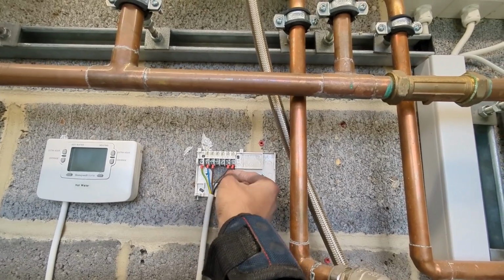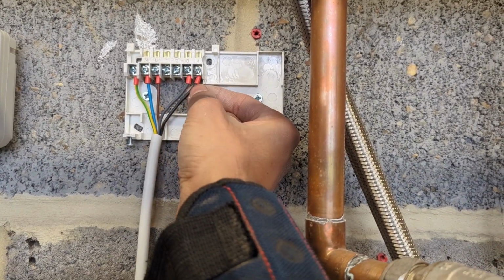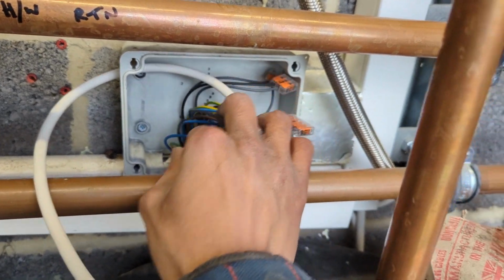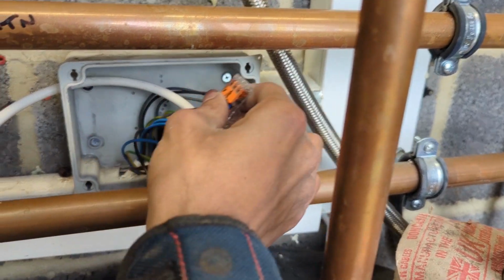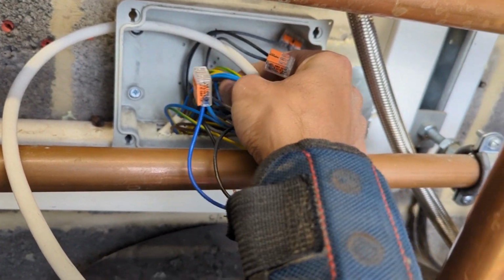So all I'm going to be doing from here is disconnecting the heating cable, disconnect that, cut that. So that's black, which was coming into here. Which one is it? It's one of these. I've disconnected it anyway, I think already. I believe it was...